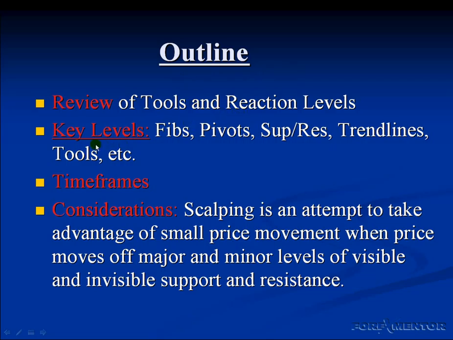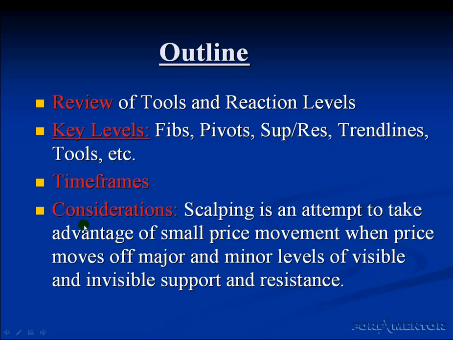As well, we are going to look at specific key levels, or what we're also going to call reaction levels, and we are primarily going to focus on Fibonacci levels, pivot levels. Support resistance levels are probably going to be the most important, trend lines, and then there are other tools that you may use. For example, there are some indicators that we're going to use to help us to discern when there is a trading possibility, and so forth. We are going to look at the various time frames,